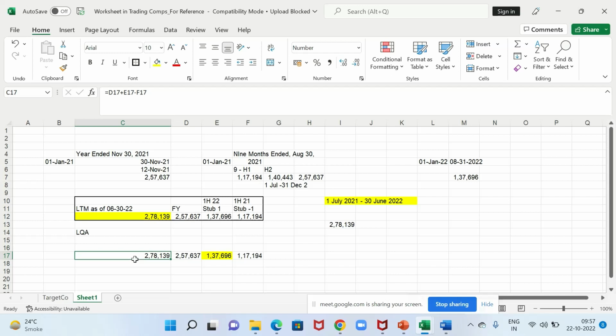LTM, but I need it as of June, so I have to calendarize it. I need June numbers, not August, because my other company is June ending. So either I make the June company to August or make the August company to June. It will always be advisable to take the August company to June because I have the numbers available for that company. I'm not forecasting anything. I'm just prorating. So it is important not to forecast. Prorate is the word.